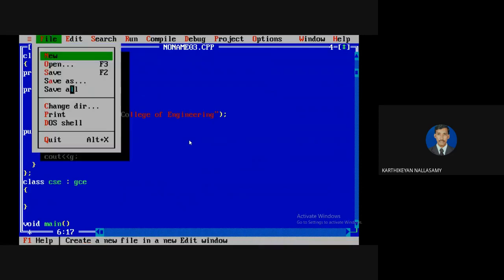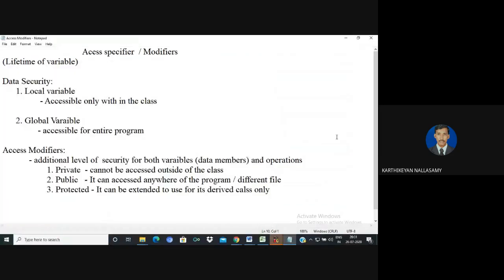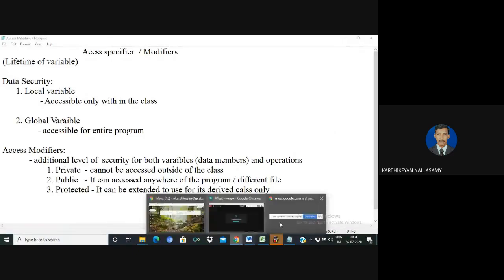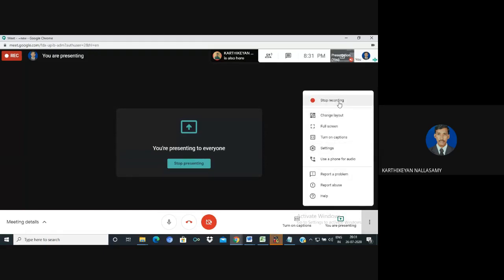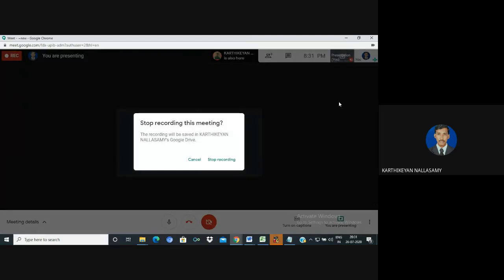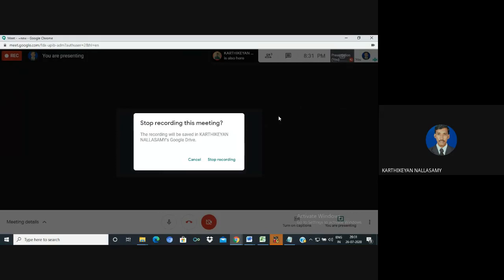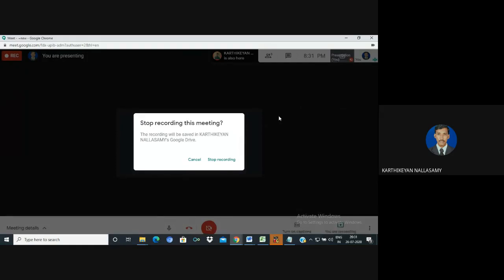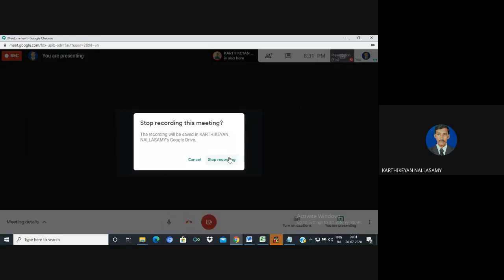So I hope you have a clear idea about the access modifiers. That's all about access modifiers. The access modifier can be used for any type of class member, whether a function or a variable. By using access modifiers, we provide an extra level of security beyond global and local, which applies only to variables, not member functions. Here, we can provide access modifiers for both kinds of members. Thank you.